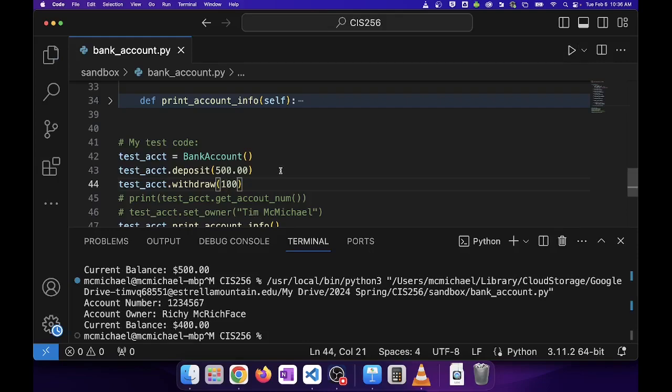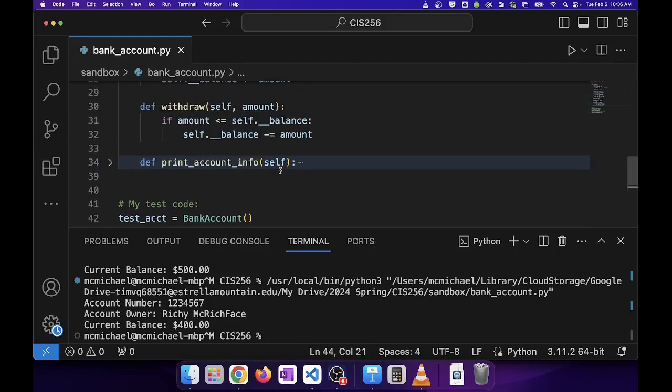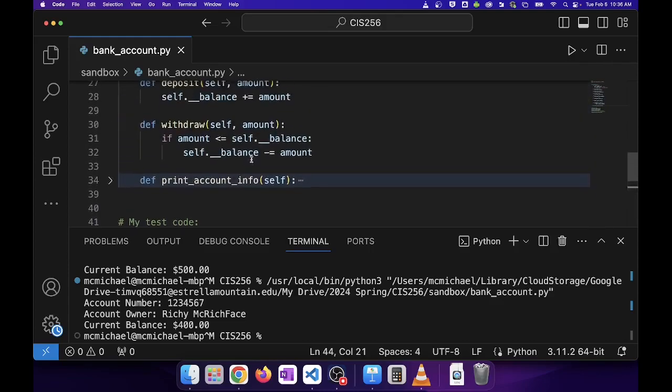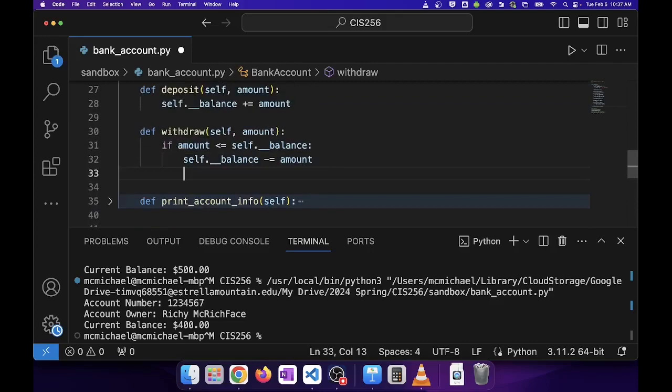And one last thing I want to show you with this, just to show you some of the things that are kind of possible, is maybe in our other code we need to know whether or not that withdrawal worked, right? Like the program's going to do one thing if the withdrawal was successful, but if they didn't have enough money, it's going to need to do something else. So what we can do is have our withdraw method return some value that indicates whether